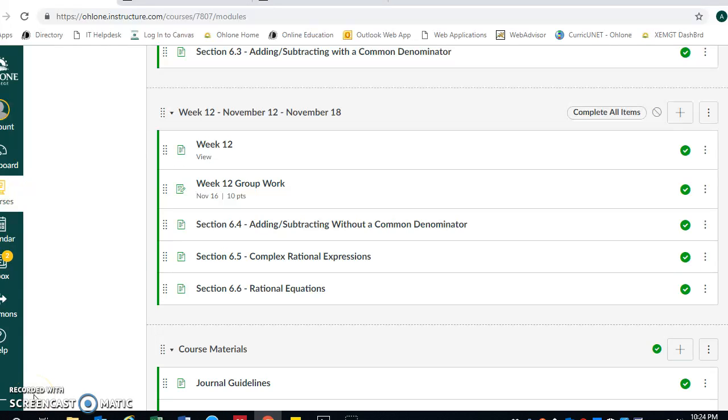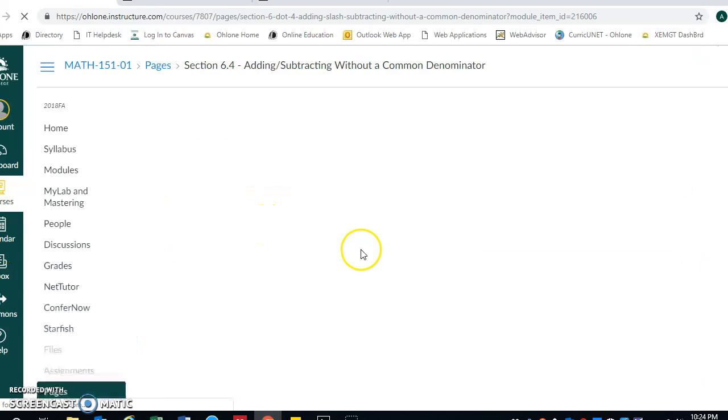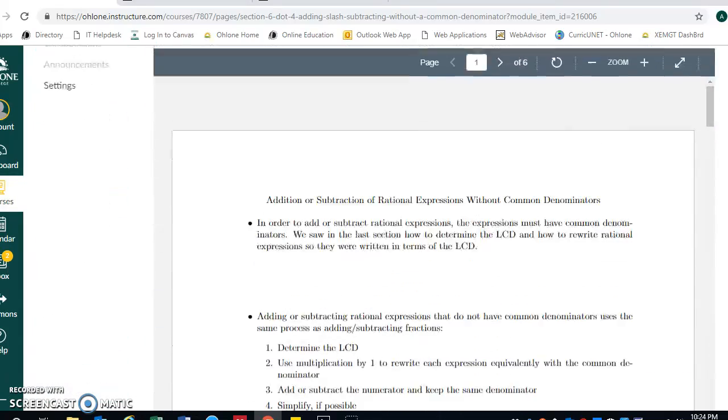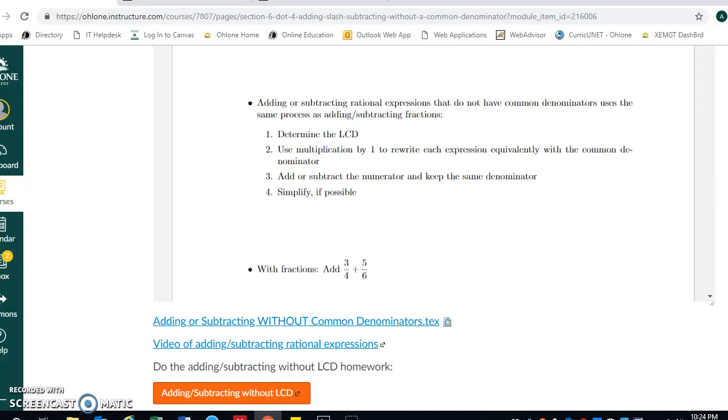Last week you worked with simplifying rational expressions, multiplying, dividing, adding and subtracting when you have a common denominator. Now this week you'll work on adding and subtracting without a common denominator. And you'll see some examples in here, and it looks very similar to when you add and subtract fractions. In fact, that's the example that I gave you here, just to show you a framework for how to go